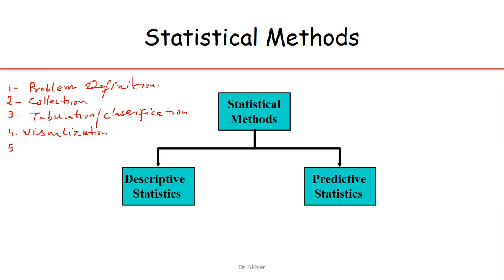The next step is analysis, which involves finding the mean, median, mode, correlation, proportion. Different descriptive procedures are to be applied on the data set, and few of the major things are to be